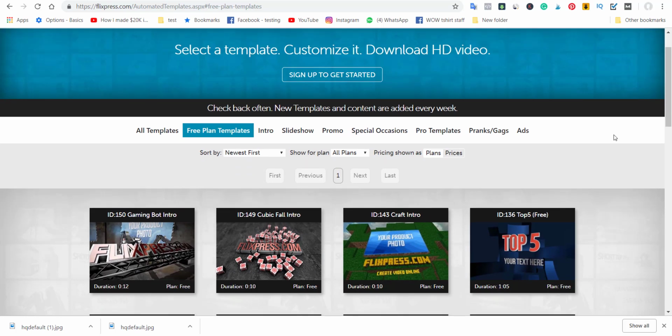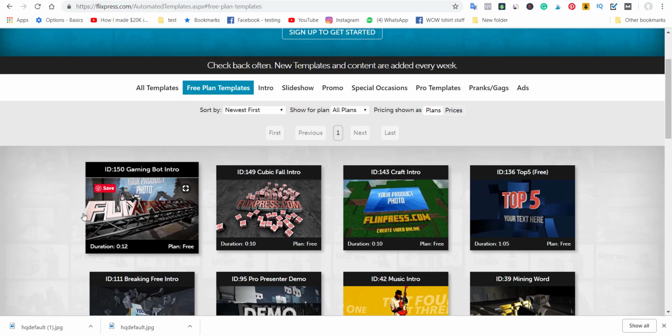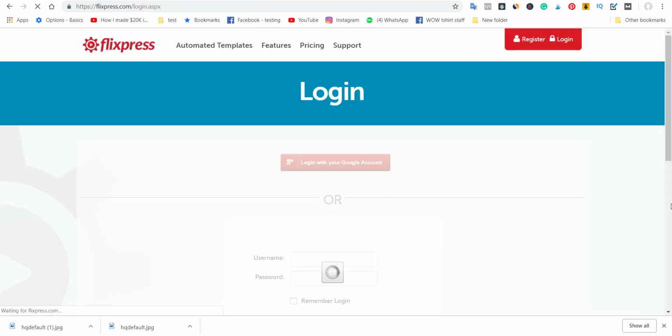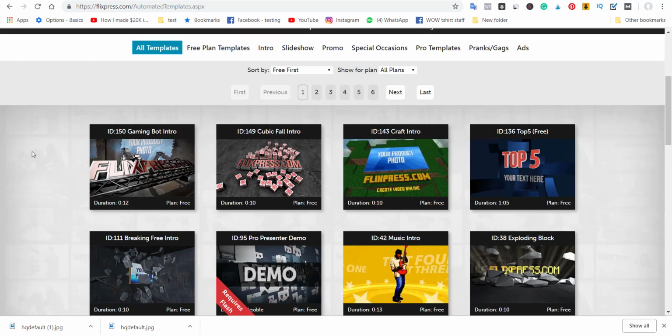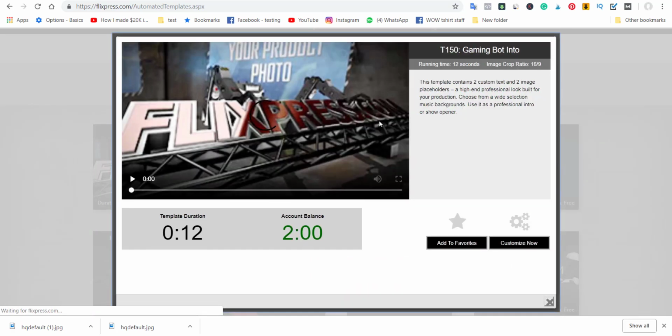And now I'm going to share with you how to use this template. Over here, I'm going to click this template. Before that, I have to log in first, and I'm going to log in with Google. It's easier and faster, right? So I'm going to choose this template to show you an example. Just simply click on the template that you're interested in,